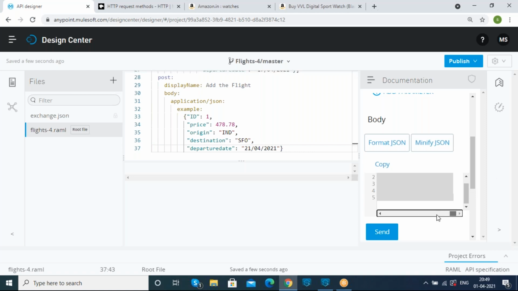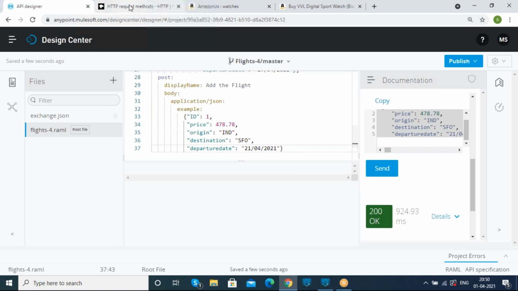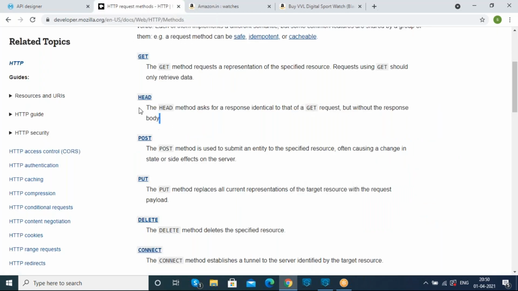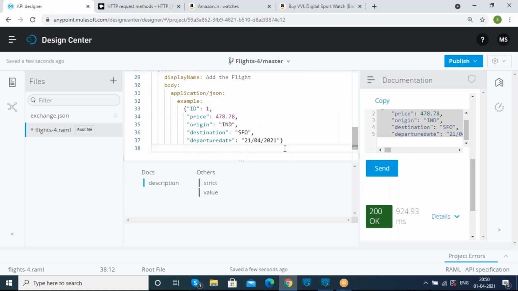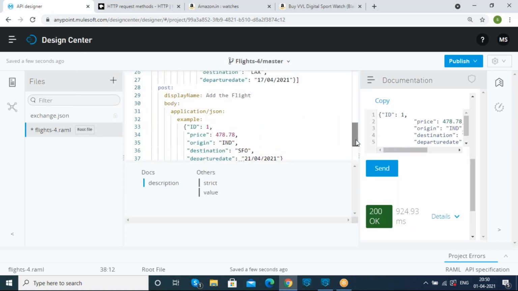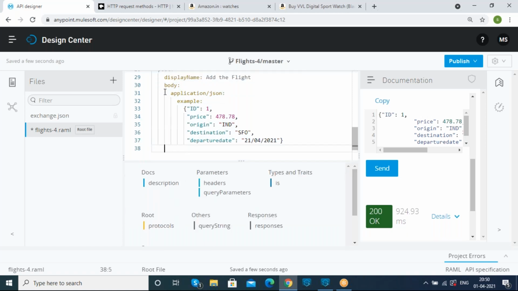So here, since we have not configured the responses, nothing is displayed as our response. Whenever we are moving to the post method, in order to display the response, we just need to configure the responses. The responses should be exactly below the post method, get method, or whatever methods we are using. So exactly below the post method, I want to configure the responses, in the straight line of the display name.